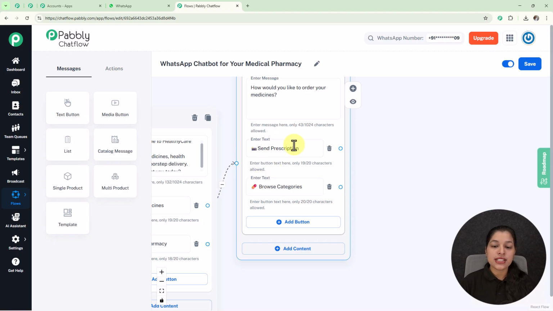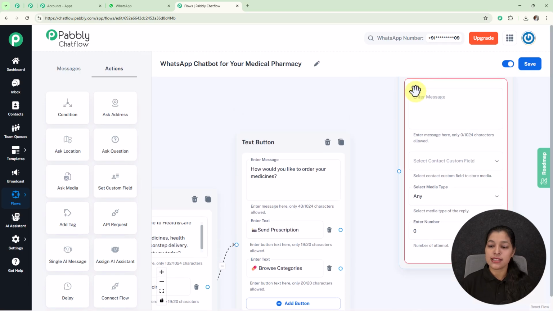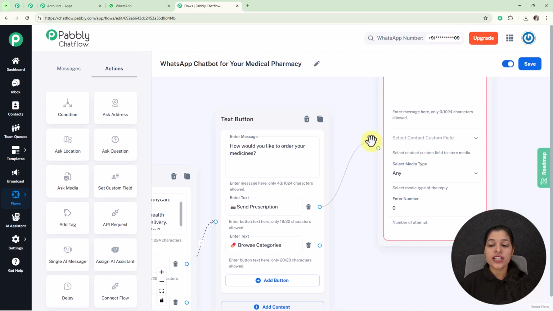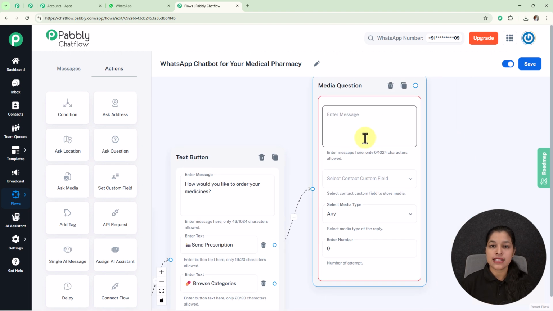And now if my user selects this first button, that is send prescription, I'm going to ask for media from them. So for that you have to move to the action, and here you can see we are getting this option for ask media which you have to select, and you will be getting this media question node by using which you can ask any type of media such as audio, video, document, image, etc. from your customers. So as we are asking for the prescription, I'm going to enter a message over here in this message node. So here I have entered this question, that is please upload a clear picture of your prescription,